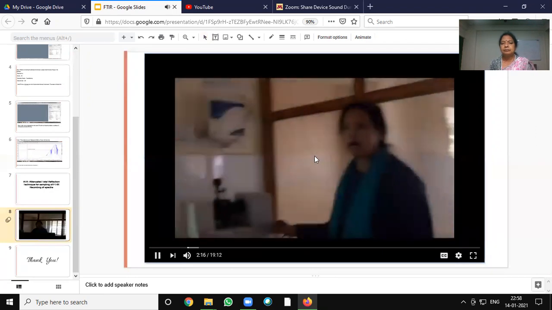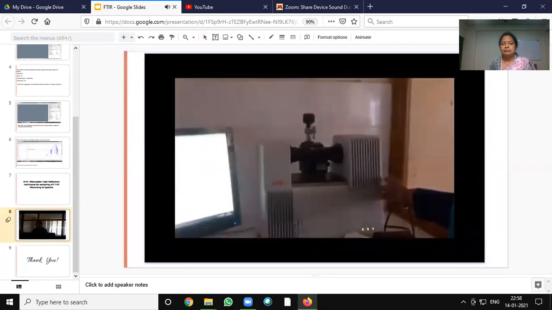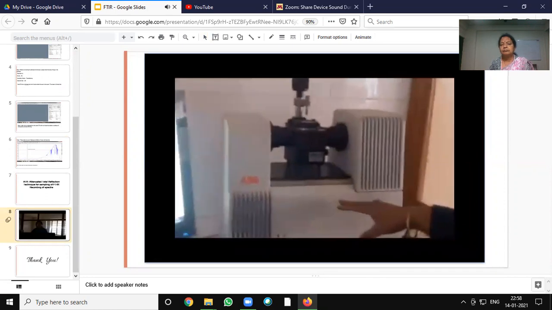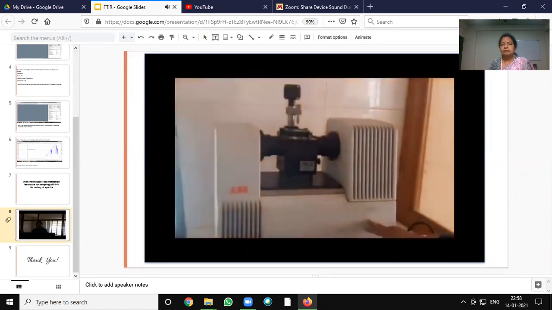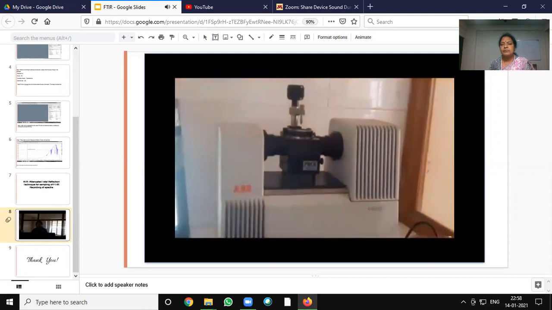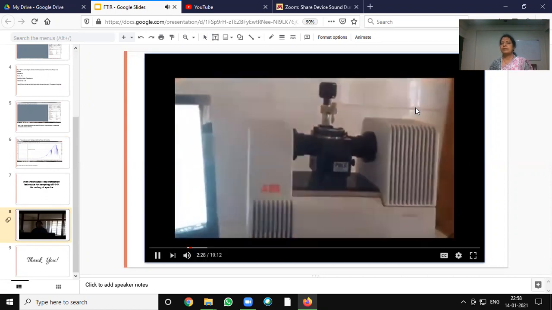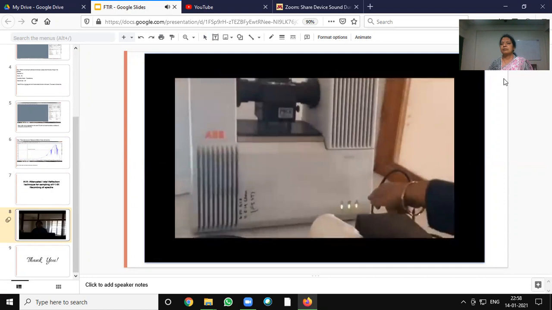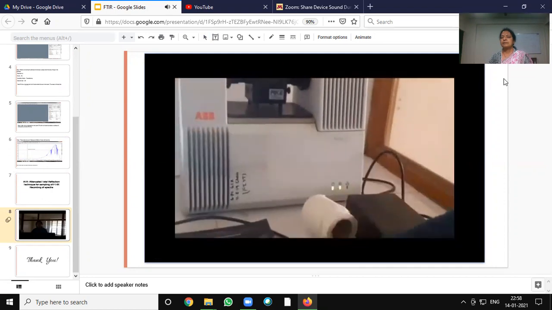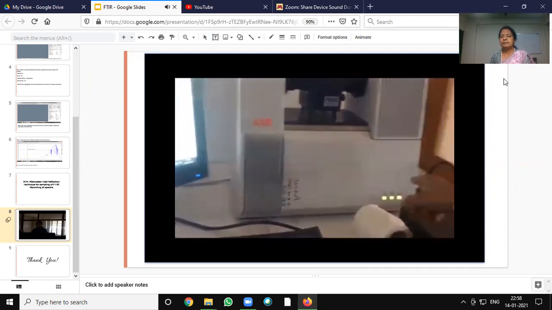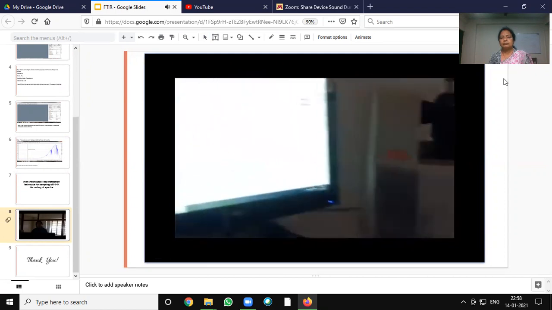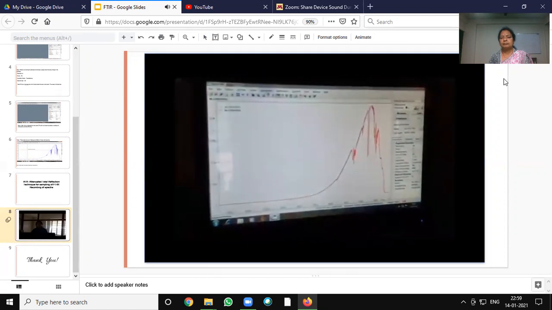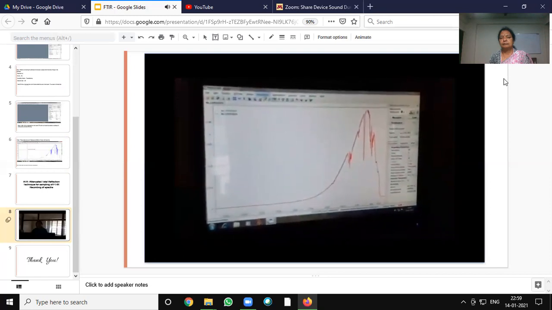MB3000 FTIR. First we have to switch on our computer and then our instrument. Then we have to wait until all 3 LED lights are green in color. After the double click, we have to switch on the instrument already because it takes time.